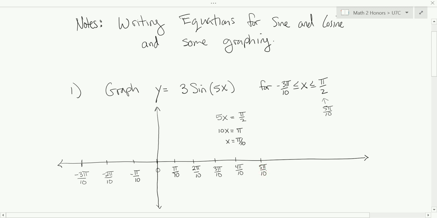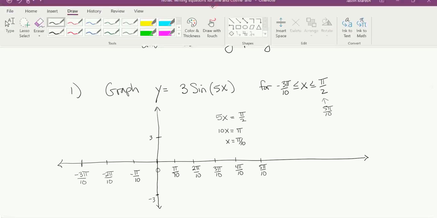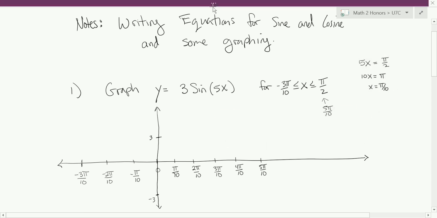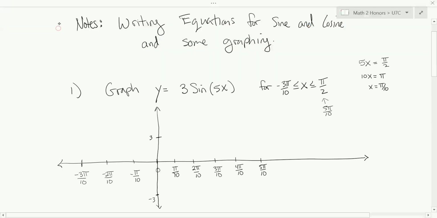And then after that, I'm going to put my max at 3, right? And my min is going to be at -3. My work is in my way now, so I need to move that. If your work is in your way, all you have to do is lasso it like this, and then grab that and move it over to the side. That's all you have to do. And so there's our max, our min,